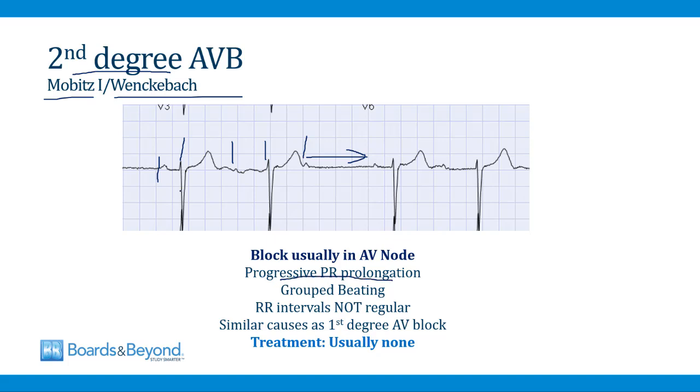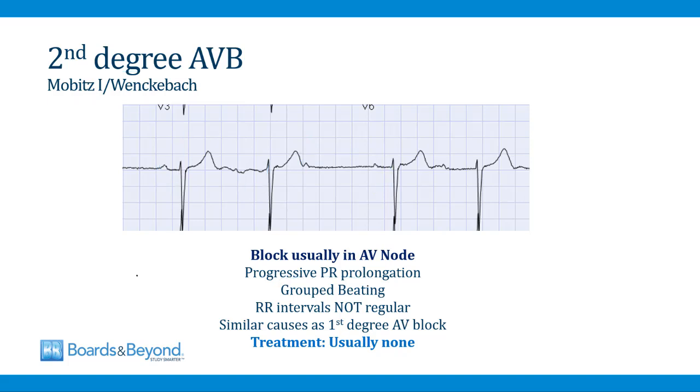longer with each heartbeat. If you look at the first beat on the left side of the tracing, this is the PR interval from here to here, so it's this long. If you look at the next beat, this is the PR interval from here to here, so it's gotten longer. And then we have a dropped beat, and then we go back to a shorter PR interval. So that's a classic finding of Mobitz type 1 or Wenckebach, progressive prolongation of the PR interval followed by